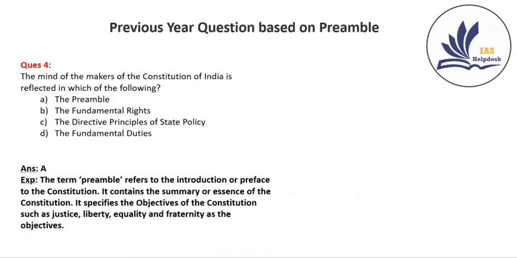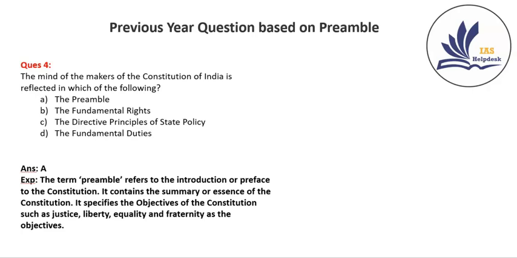Now let's move on to our next question, which states that the mind of the makers of the Constitution of India is reflected in which of the following. So this question is very much clear, और अगर आपने डिस्कशन में ध्यान से सुना होगा तो ये क्वेश्चन बहुत ईजीली समझ में आएगा when we talk about Objective Resolution. जब पंडित जवाहरलाल नेहरू जी ऑब्जेक्टिव रेजोल्यूशन लेकर आए थे जो कि एक समरी और एक काइंड ऑफ इंट्रोडक्शन था पूरे कॉन्स्टिट्यूशन का,